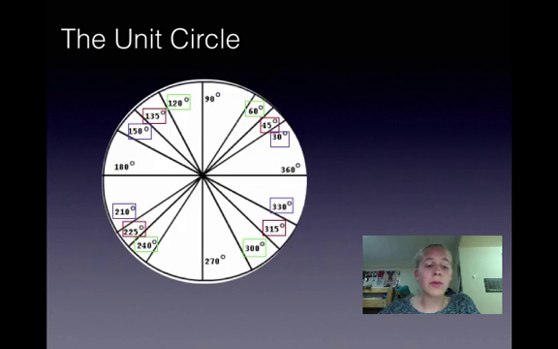One more thing to remember about the unit circle is the reference angles. These are the angles that are the same degrees away from the x-axis. Angles in the same colors have the same reference angles, so 60 degrees, 120 degrees, 240 degrees, and 300 degrees all have the same reference angle of 60 degrees. And this is also true for any other angle that is a